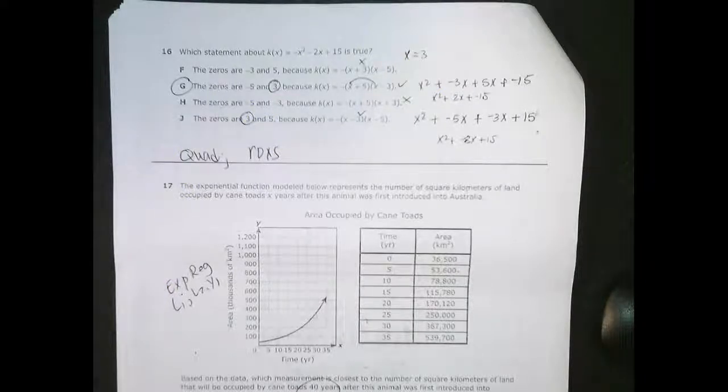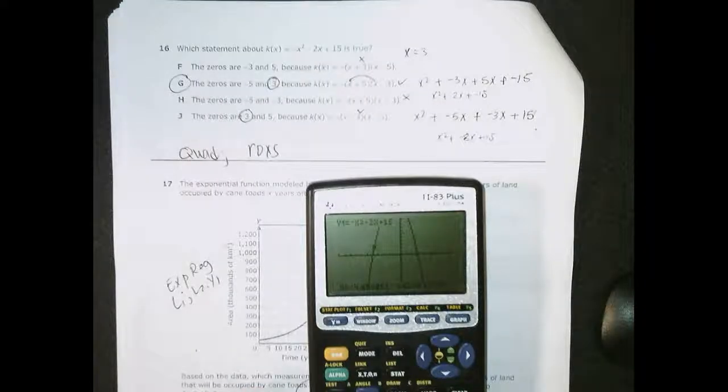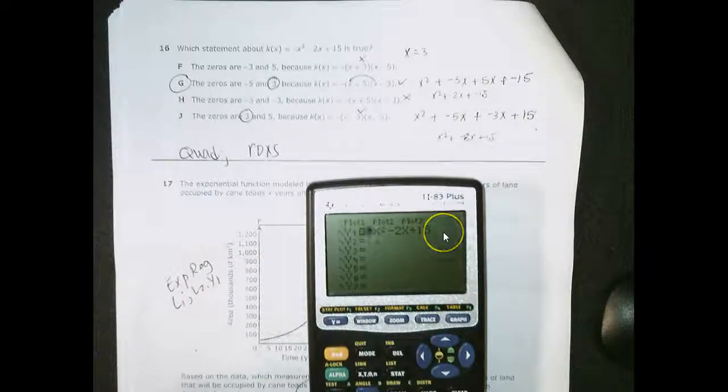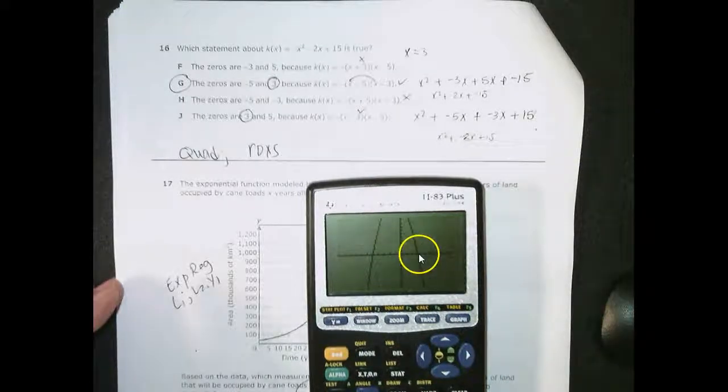Alrighty, next question. I went back to that question and I typed it in. There is my equation and my y1 button. Here's my graph. I've zoomed in pretty good. Right here and right here are your solutions. And if I do trace,